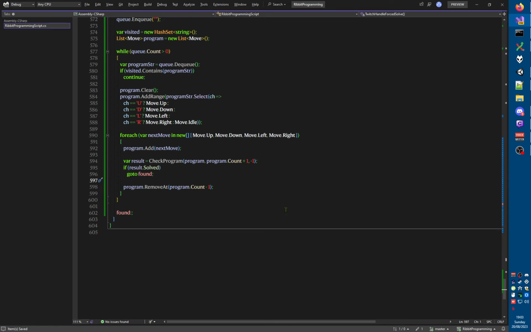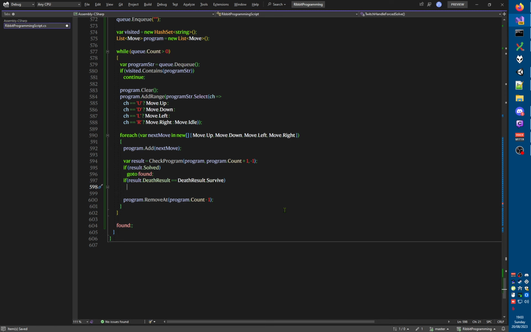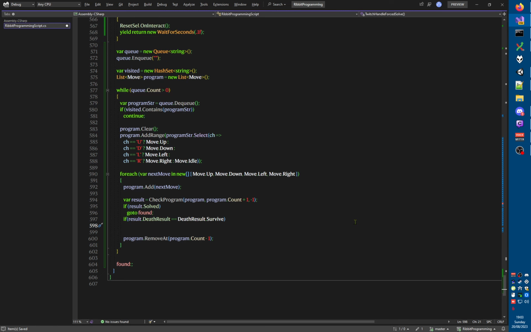I think that's fine. So if the result has a death result, then we don't care. So we only care if that is equal to survive. Then we need to put this new program into the queue. Right, so q.enqueue. And now we need to turn that program into a string again. So